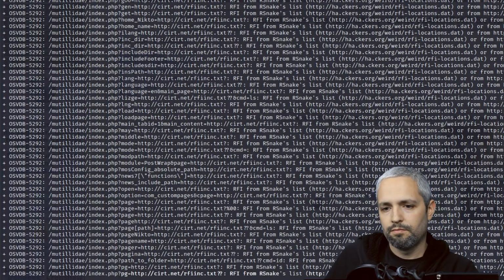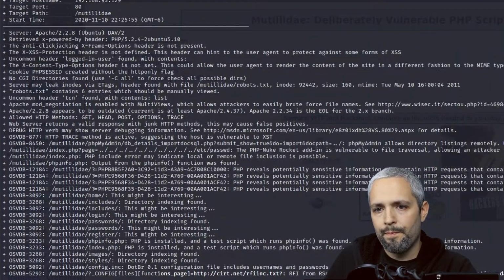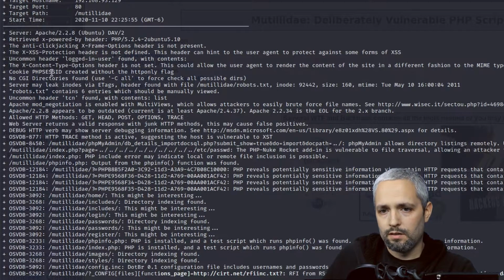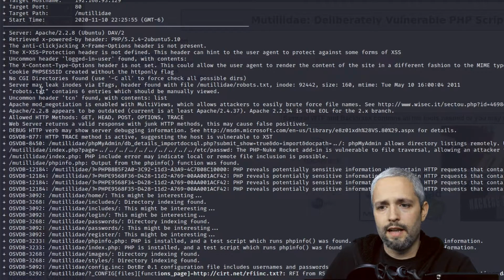So let's just start at the top. Let's scroll up. And so we have our summary information, and then a lot of the repeat information. And now it's talking about how it analyzed the session cookie. Notice that it doesn't have an HttpOnly flag. It also identified a robots.txt file,